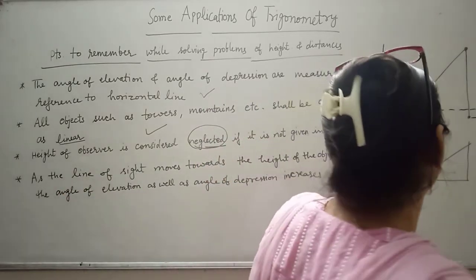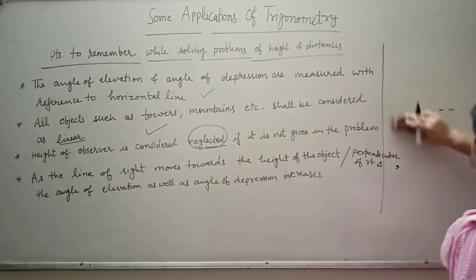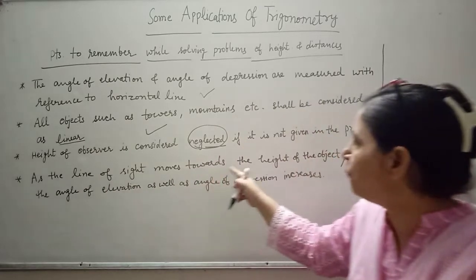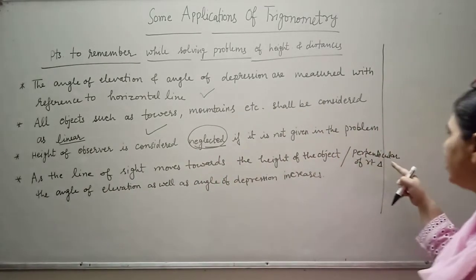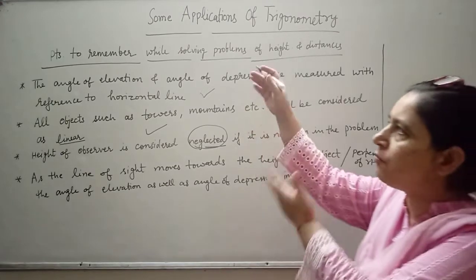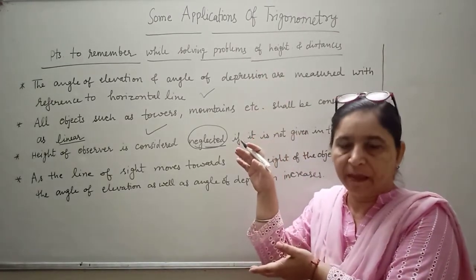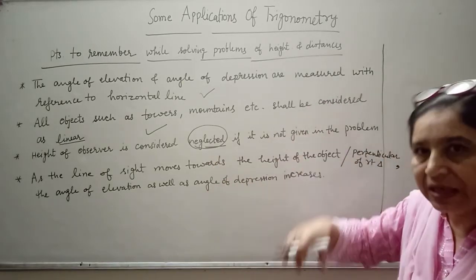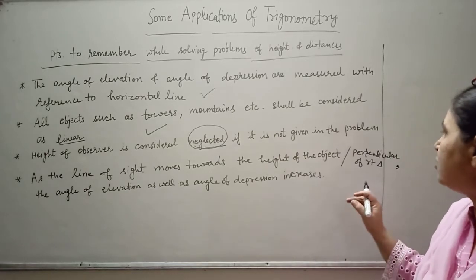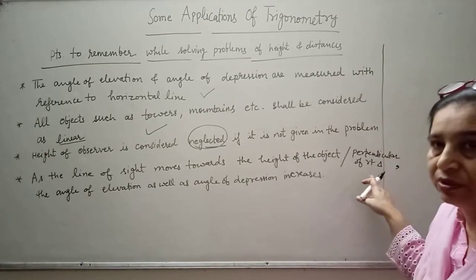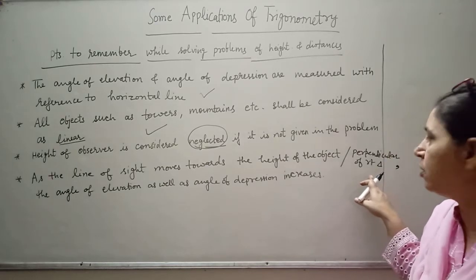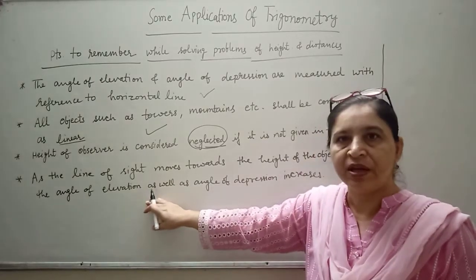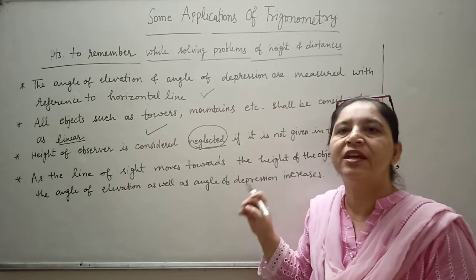ओके, नेक्स्ट है, ये काफी इंपॉर्टेंट पॉइंट है आपका, बहुत सारे बच्चे ये कंसिडर नहीं करते और उनके क्वेश्चंस गलत हो जाते हैं। व्हाट इज दिस? एज द लाइन ऑफ साइट मूव्स टुवर्ड्स द हाइट ऑफ द ऑब्जेक्ट, यानी द परपेंडिकुलर ऑफ द राइट ट्रायंगल, क्योंकि जितने भी क्वेश्चंस हम करने वाले हैं, ऑल दीज आर बेस्ड ऑन योर राइट एंगल ट्रायंगल। हम इसमें सिर्फ राइट एंगल ट्रायंगल कंसिडर करने वाले हैं जो आपके सिलेबस में है, ठीक है। तो राइट एंगल ट्रायंगल में जो परपेंडिकुलर होता है, उसकी तरफ अगर लाइन ऑफ साइट जाएगा तो एंगल ऑफ एलिवेशन भी एज वेल एज द एंगल ऑफ डिप्रेशन विल कीप ऑन इंक्रीजिंग।